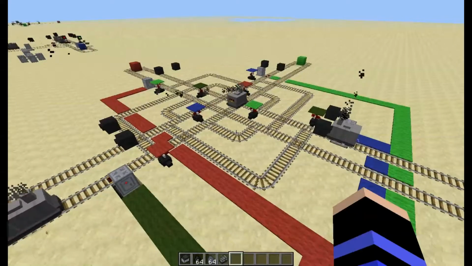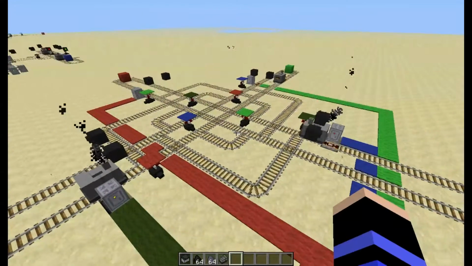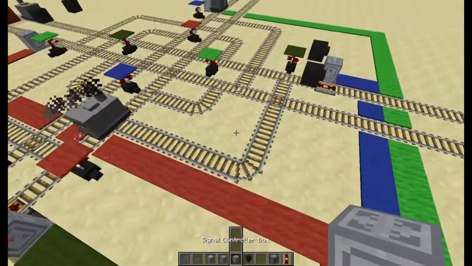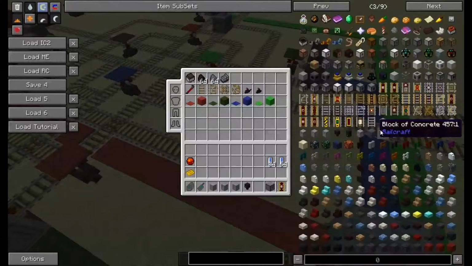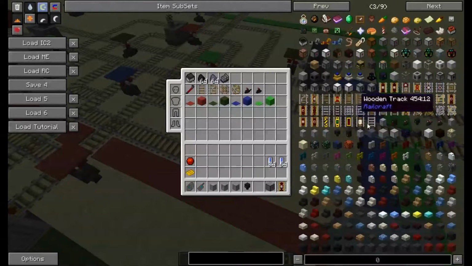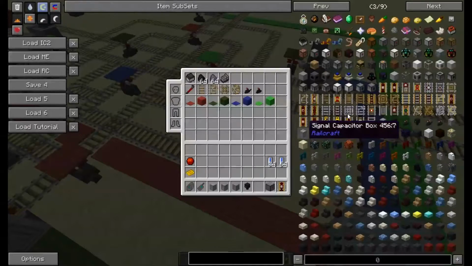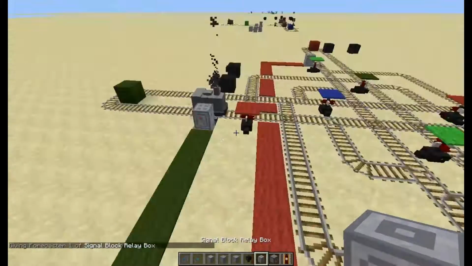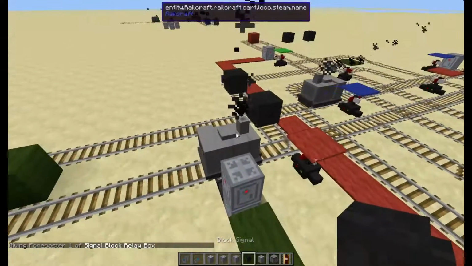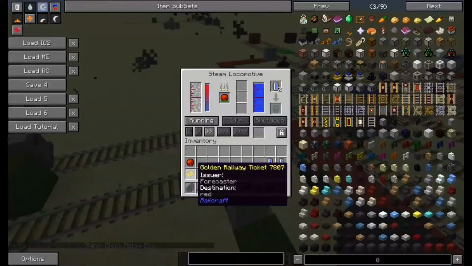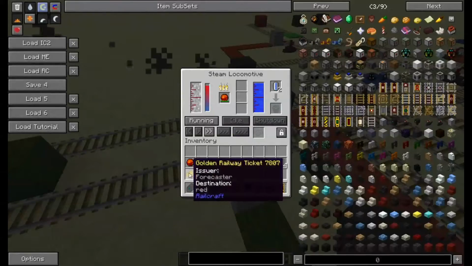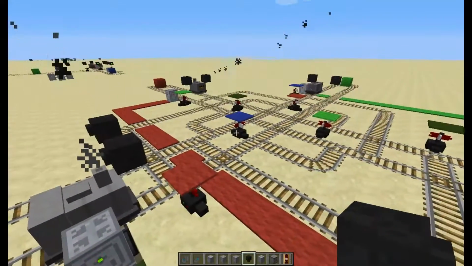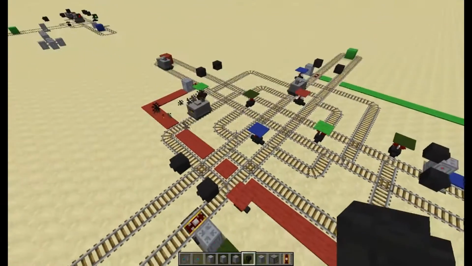I suppose I could show you how to guard this. If we get a signal block relay, actually let us take one of these, and we will put a red ticket. As you can see, all of these are routing switches, and I've plugged in the correct